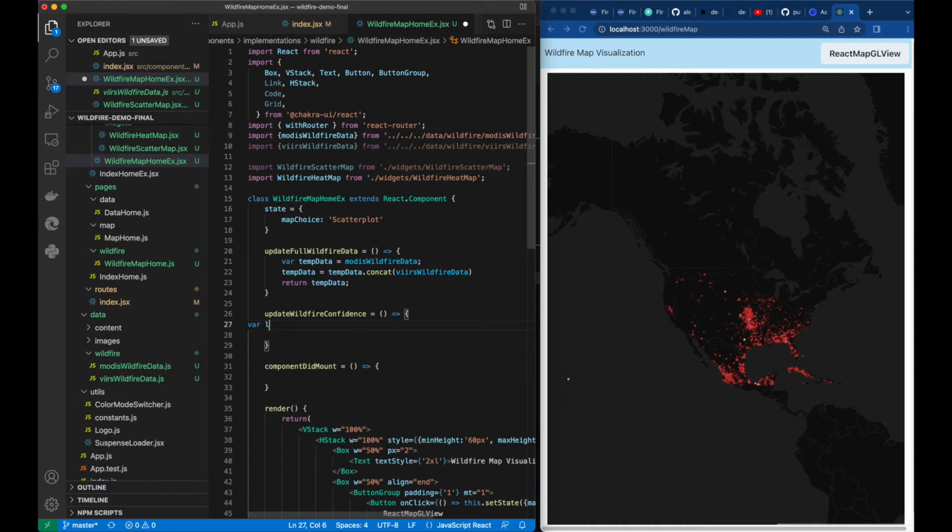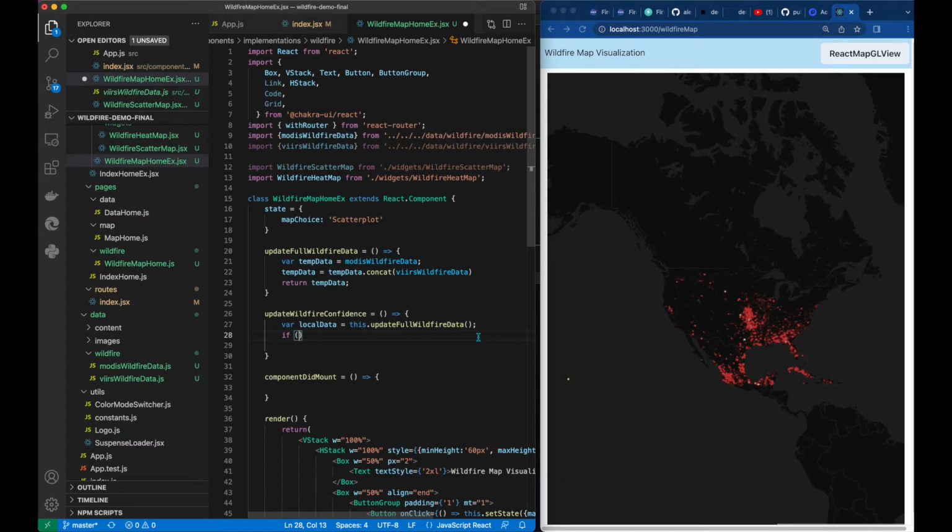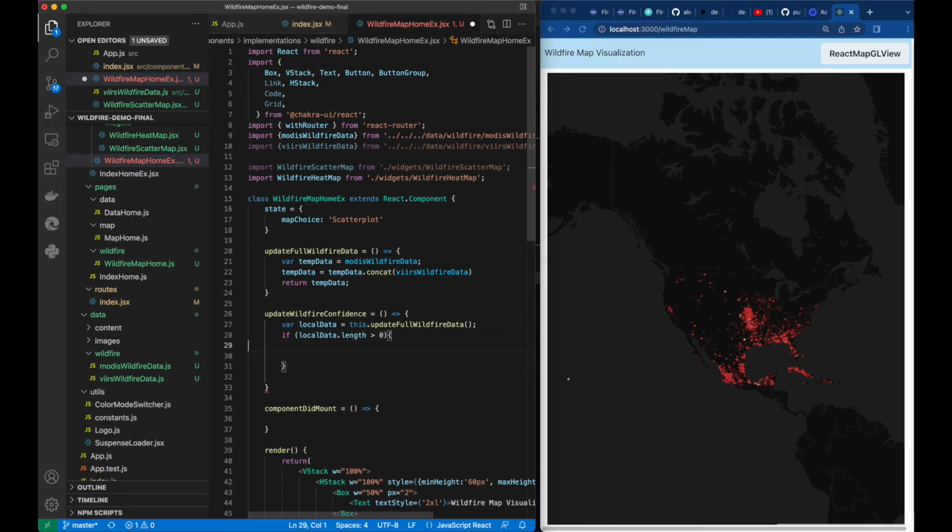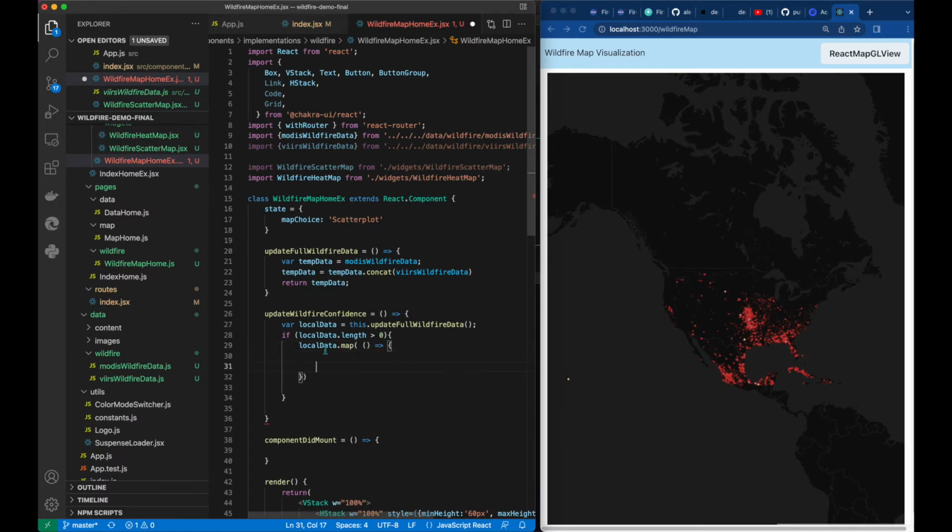And we will say var local data equals to this.data. So we can say this.this. So now we have full data, merged data is available for us, and you say if local data.length is greater than 0, you can say local data.map. Here will be item. Okay, and then now we need to get confidence value. So we will define var conf is equal to item.confidence,